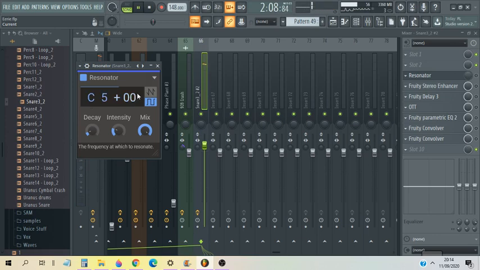And then, as well as that, you can either have it do the same to all the frequencies above in a descending manner, either in a saw series or a square series. So basically, you can have it happen to every harmonic of that frequency that you select here, or you can have it happen to every odd harmonic if you select the square option, because saw wave is every single harmonic in a descending volume, and square wave is the same, but you take out all the even harmonics.